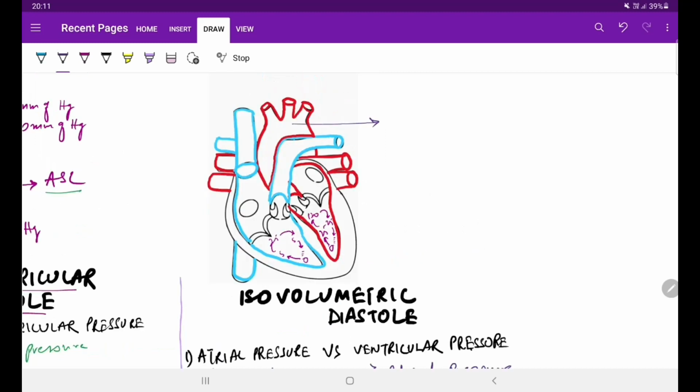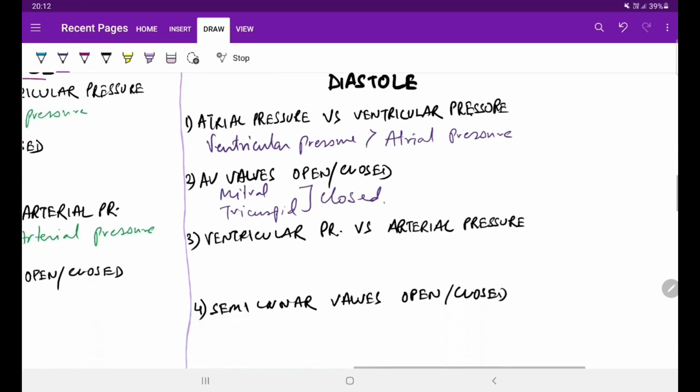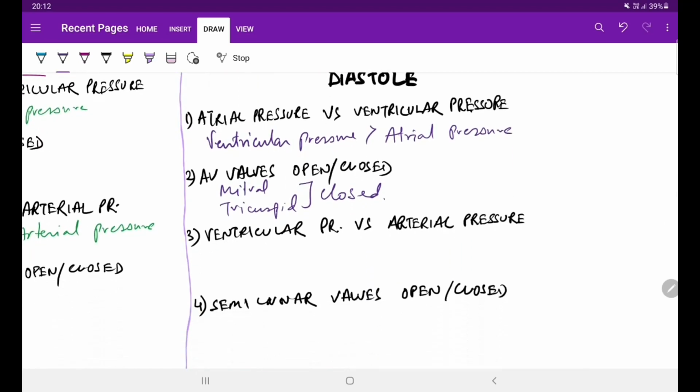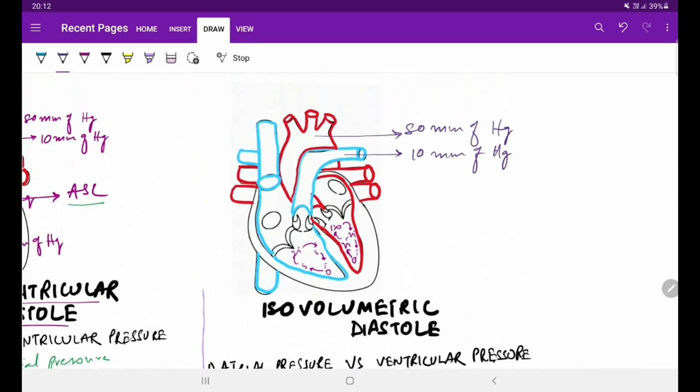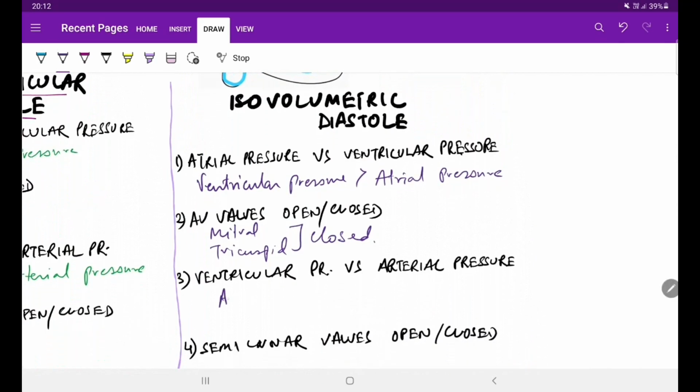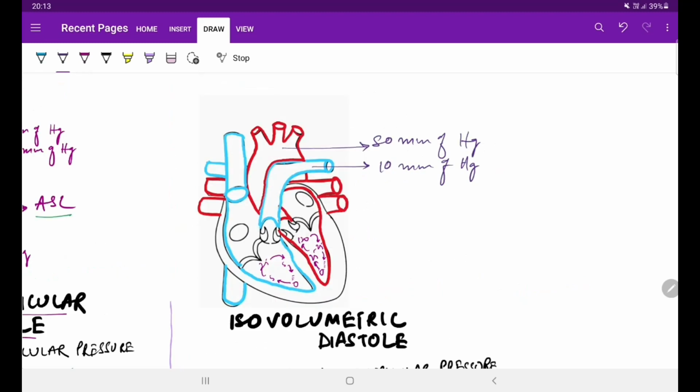The pressure inside the aorta comes back to its original status, that is 80 mm of mercury, and in the pulmonary artery it reduces to 10 mm of mercury. So, now we can say that for the ventricular pressure versus arterial pressure, we can write that the ventricular pressure will be less as compared to that of the arterial pressure. Arterial pressure will be more as compared to the ventricular pressure. As the blood has now flowed out of the ventricles into the arteries, that is the pulmonary artery and